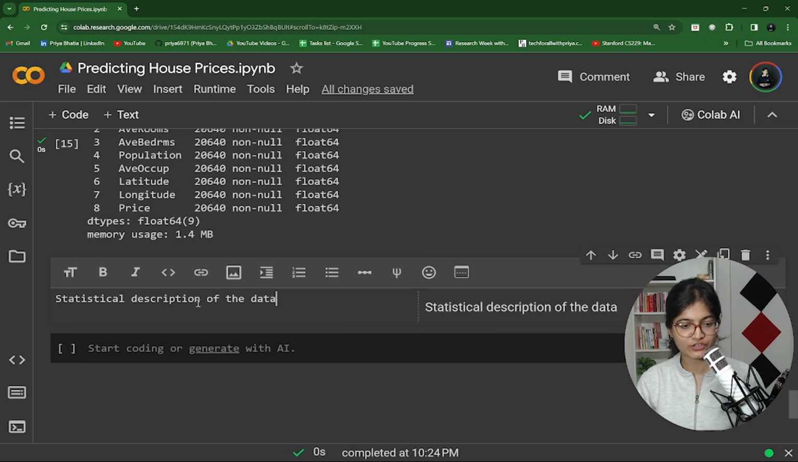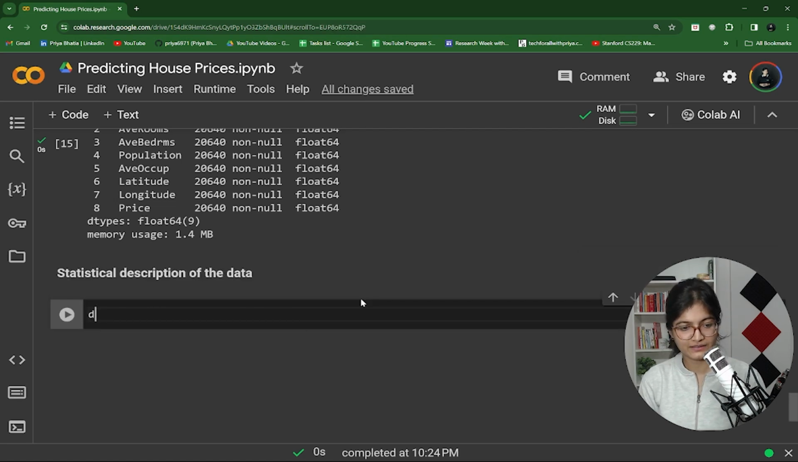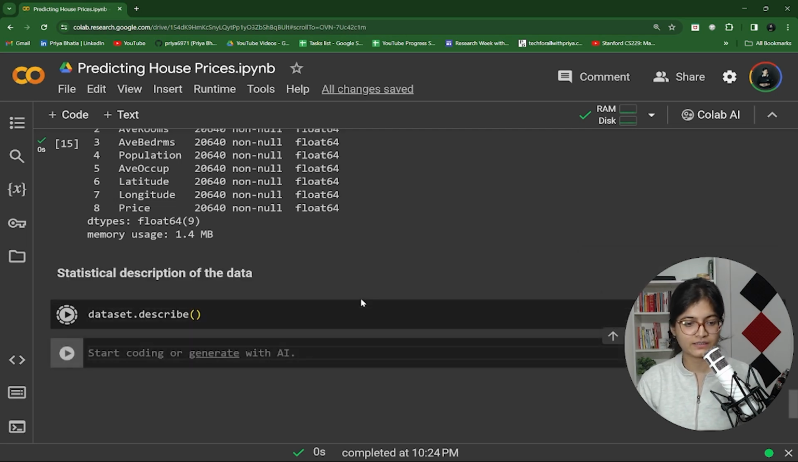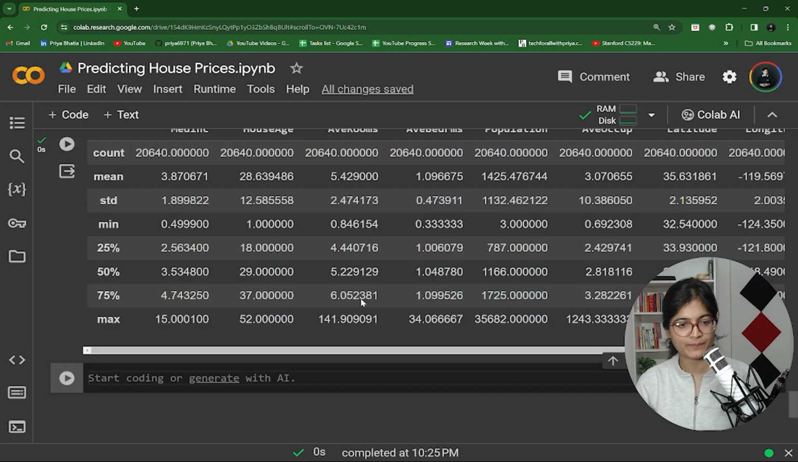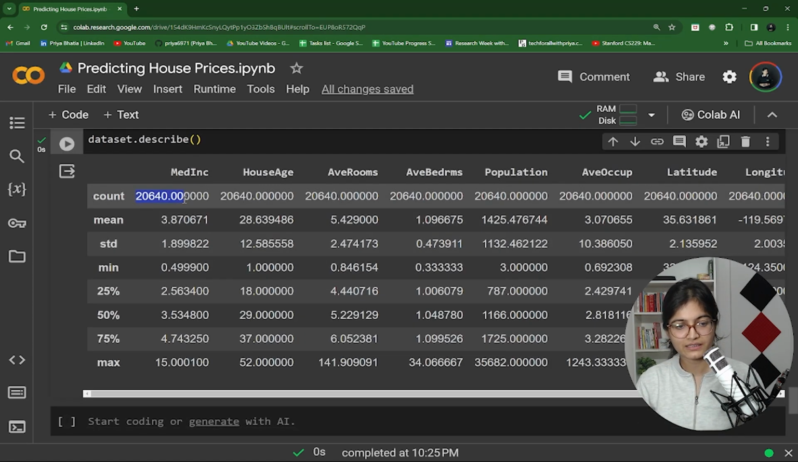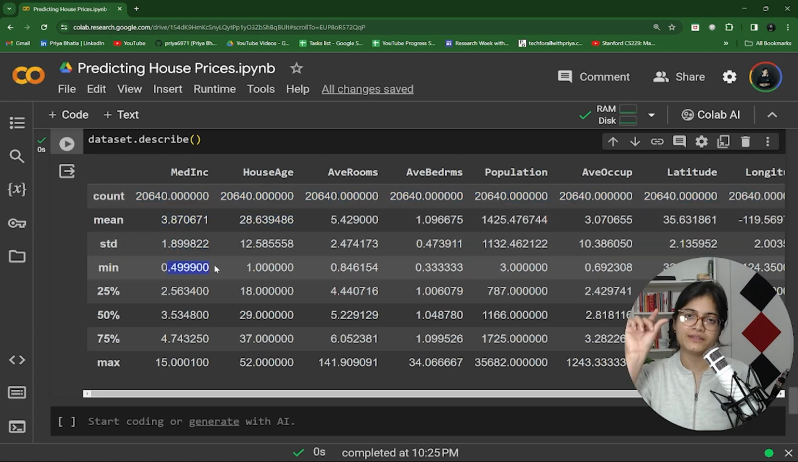So how can we check it out? We can just say dataset.describe(). This will give us the description of the complete set of data points that we have. You can see that the count is the same, which means there are no null values. Mean is there, standard deviation is there, minimum value available in the complete